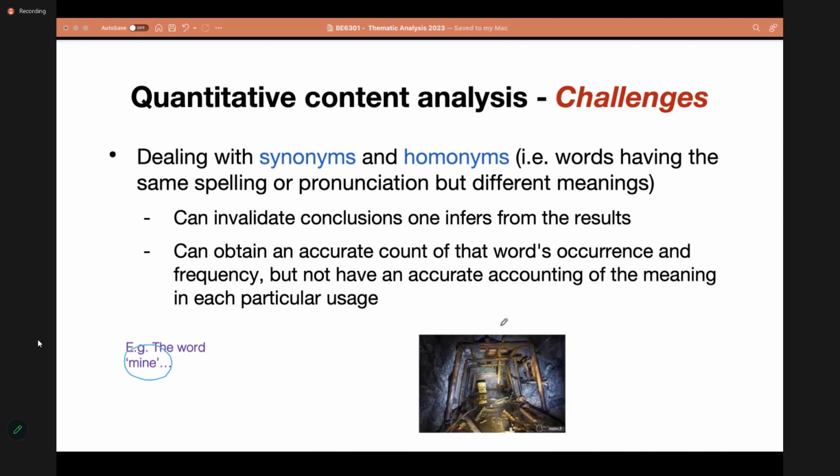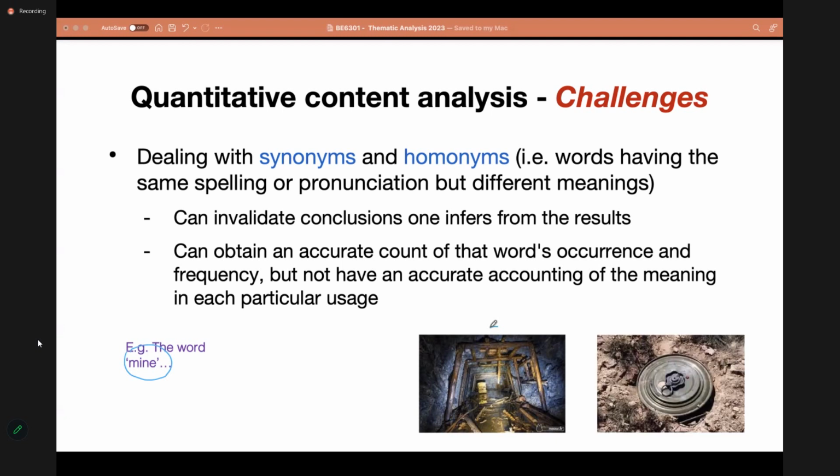It might mean a mine where you mine for minerals or any other precious resources. Or it can even mean a mine like a land mine, for instance. Or it can even mean belonging to me, it's mine.